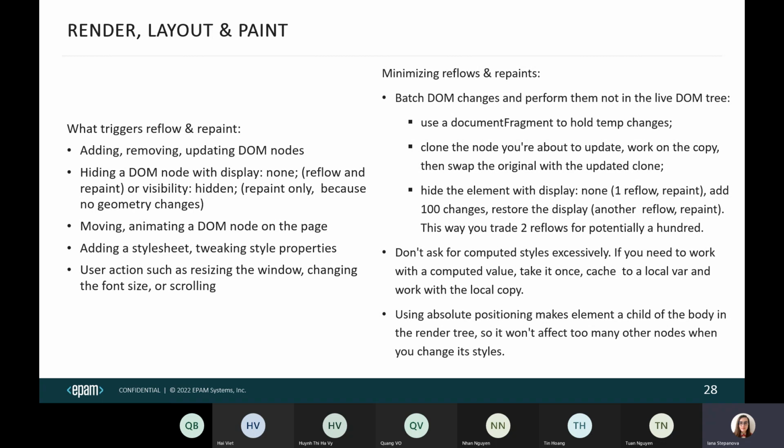Also, using absolute positioning makes the element a child of the body in the render tree. So it won't affect too many other nodes when you change its styles. Absolute positioning means position absolute in CSS, and I suppose you have already used it a lot. It means that your element will not be part of the reflow process, when we are calculating where all the elements are